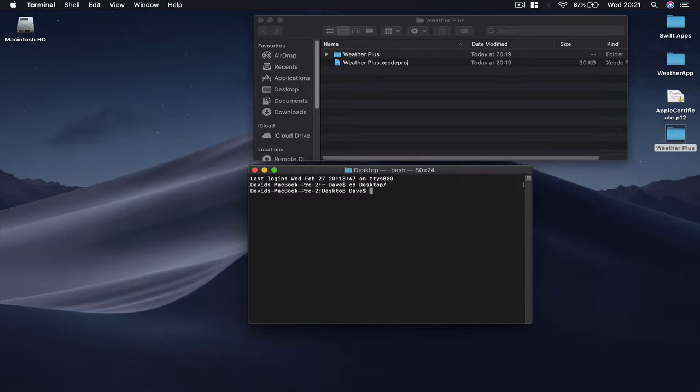If I hit enter, now we are in our desktop, and just by saying ls, it will show you what you have on your desktop. So I have 4 things on my desktop, and all of them are listed here. So now we need to move to our Weather Plus here. If I say cd, change directory again, and I say weather and hit tab, you see the weather part autocompletes because I have 2 folders here with weather. But if I put a space and say P here,